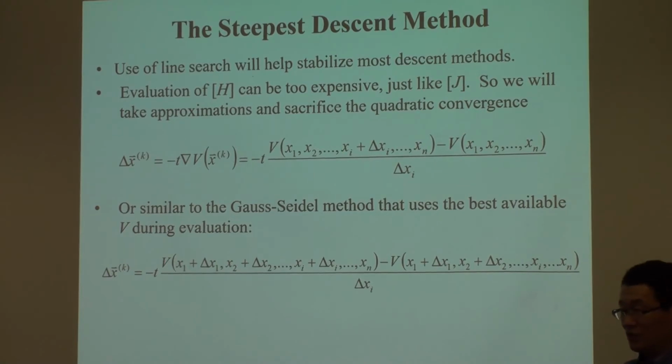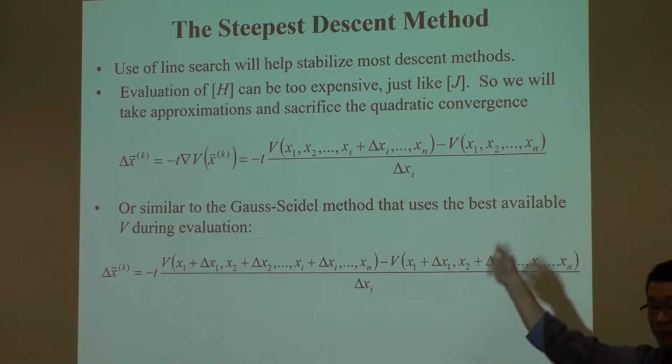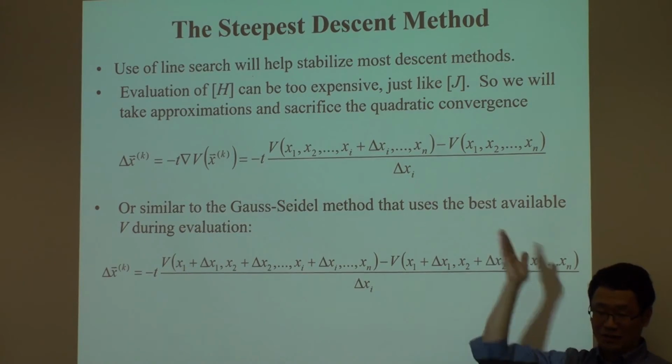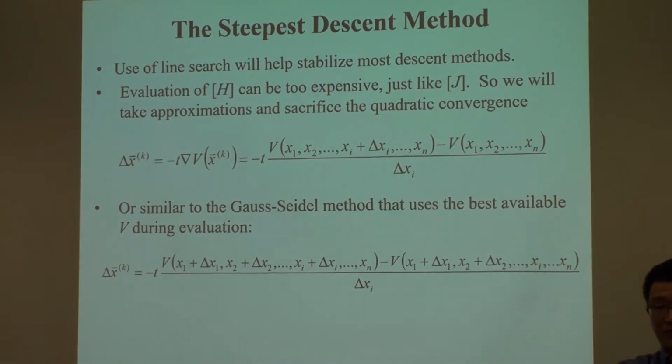If the problem is nonlinear, there's no guarantee that it will totally be a good direction. But this is greedy. I perturb each one, take the direction of whether it's increasing or decreasing, and just take that greedy direction. I don't care about the coupling. I don't care about the complexity. For each independent variable, I take the greedy direction. Forget about the coupling. So this is called steepest descent.